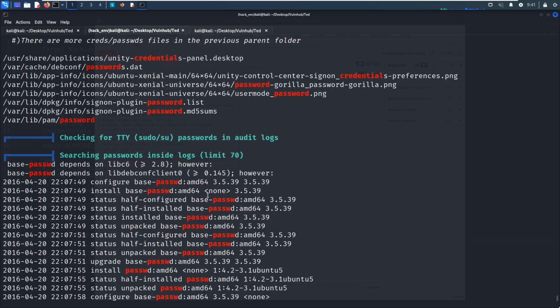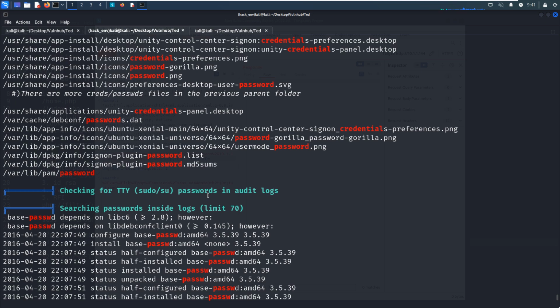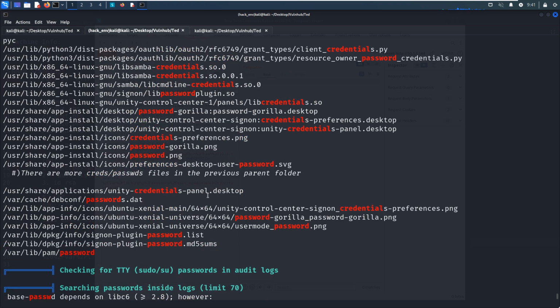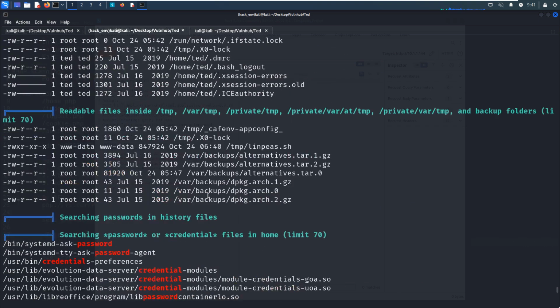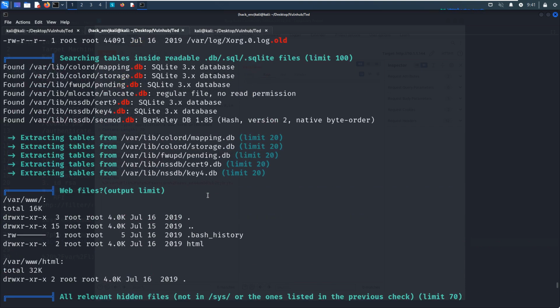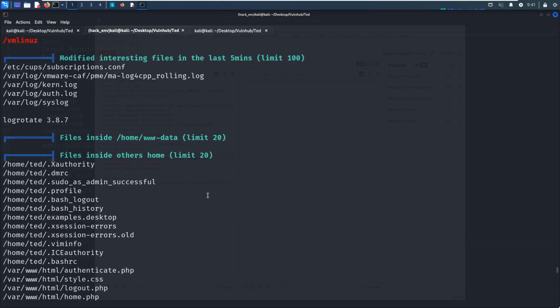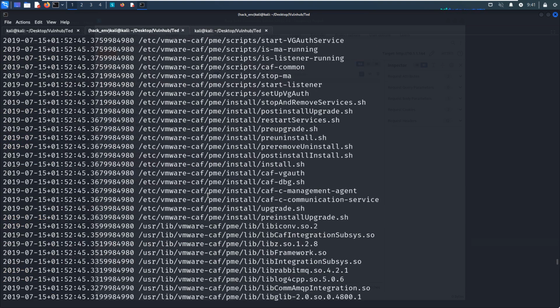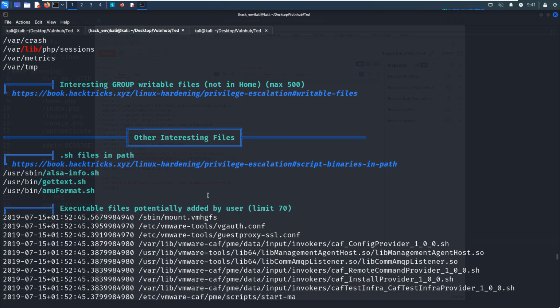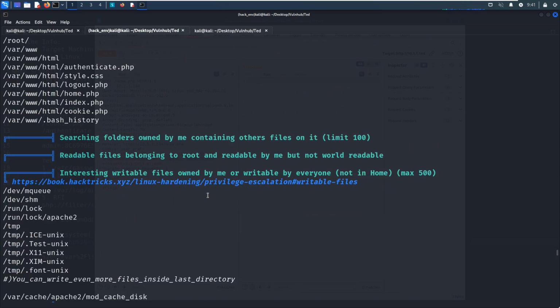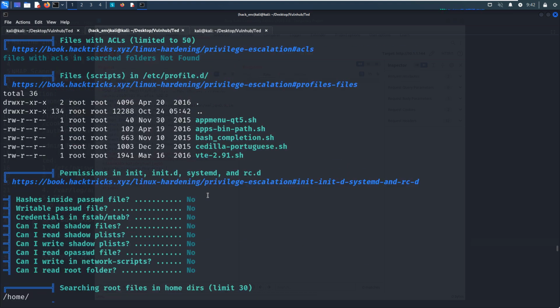Then we can scroll up. We need to pay much attention to the information highlighted in red or yellow color. So much output by this script.